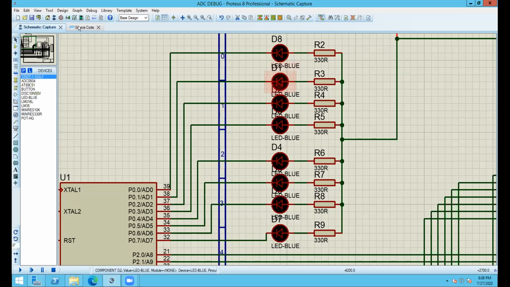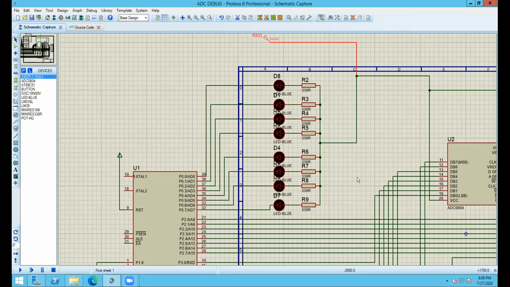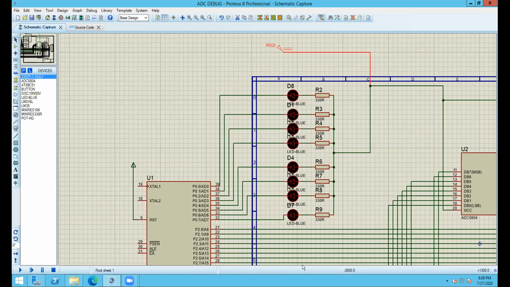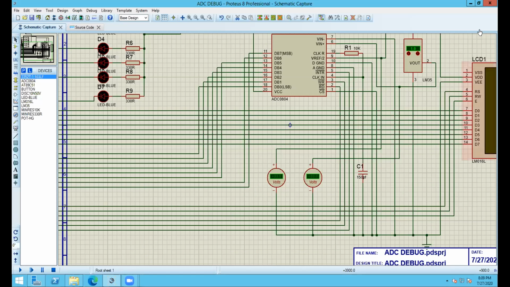Now let's go to the program. There is nothing else in the circuit. All the rest of the things are mostly the ground connection. Some voltmeters I have put to show you the values of the current instantaneous voltage. This is the ground rail for all the ground connections. You see I have grounded here VEE, I have grounded the LM35 IC, I have grounded the CS bar through here. The V in minus I have grounded here. All these pins are for grounding purpose.